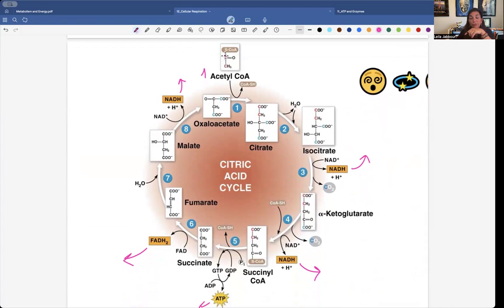If you want to, you can follow this color coding of these carbons as they're going through here. That way you get a feel for how the new carbons coming in get added on. I'm trying to avoid using the names of all of these intermediate molecules. But they're getting added on to this 4-carbon molecule. So in the cycle, we have a 4-carbon molecule, right? 1, 2, 3, 4, yes. And it becomes a 6-carbon molecule. And the 6-carbon molecule is actually going to be split into a